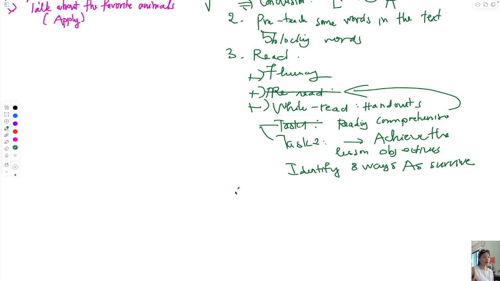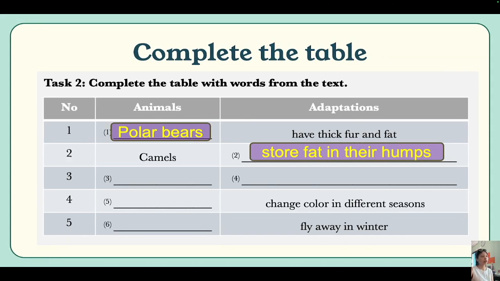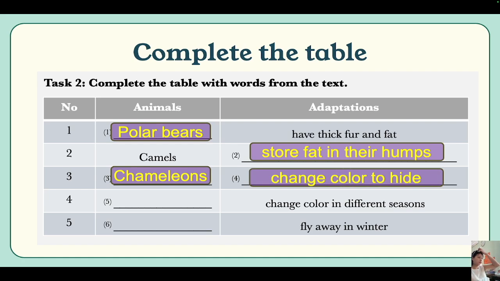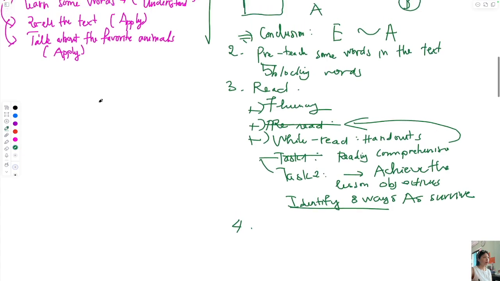And number 4 is where we identify 3 ways. Here they are. If you read the text, it's very easy. Change color to hide, change color in different seasons, Arctic fox, and birds fly away in winter. So ideally, if the student can finish this and move on to the next one, let's see, the next cognitive process is